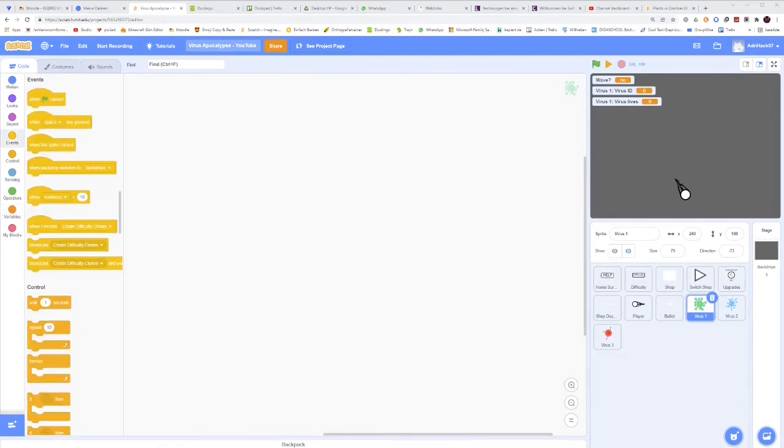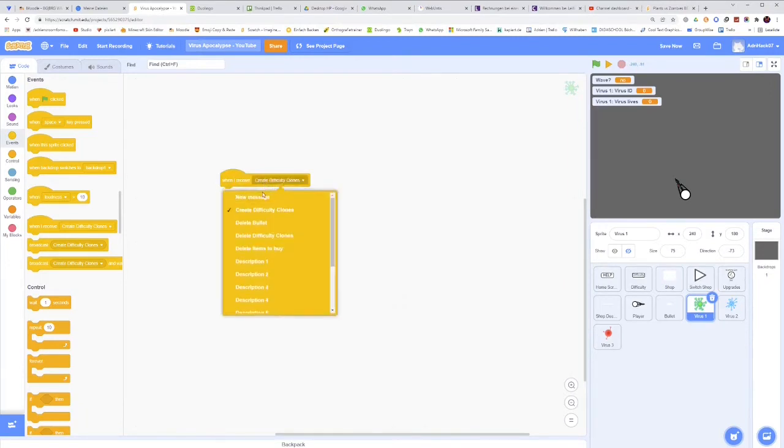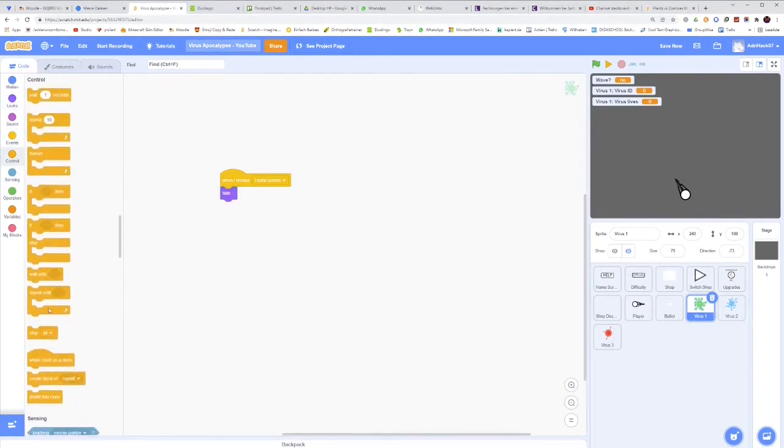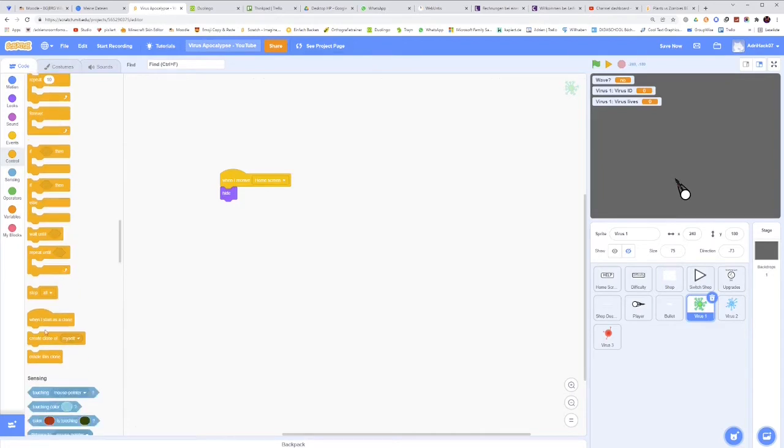Okay, now we can get to the coding. So when I receive home screen, that's here, then we will hide, then stop other scripts in the sprite, and then stop the script as always. Here, like that. And then when flag is clicked,